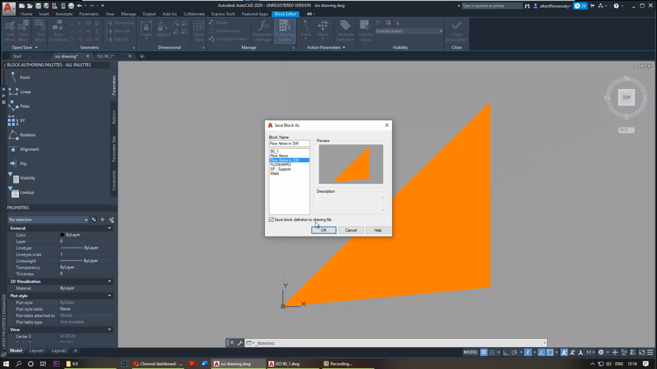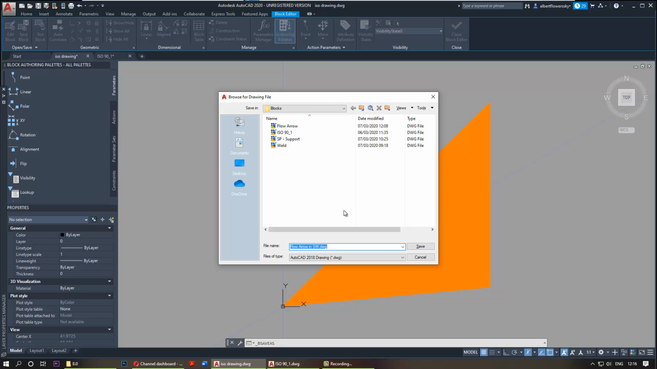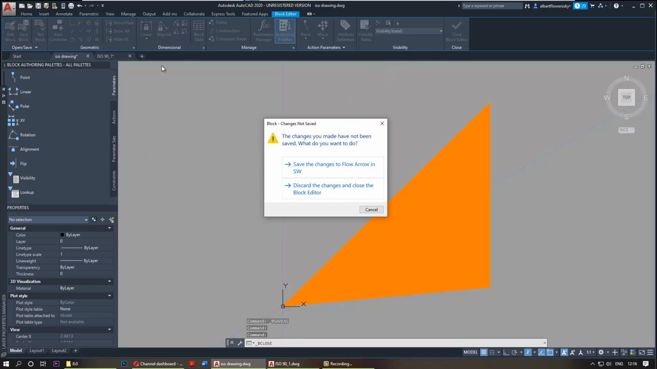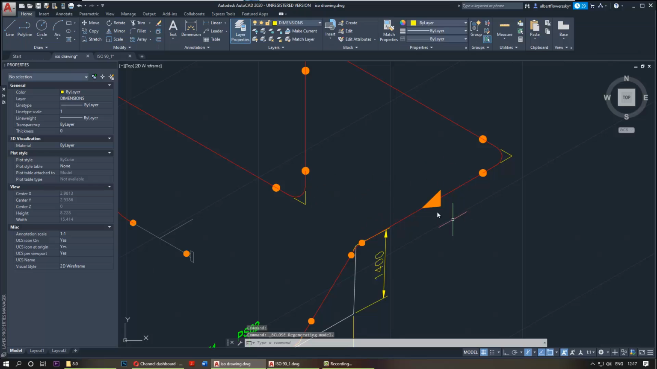save block definition to a drawing file, then say OK, and then here is my folder of my blocks. You can just keep adding there more blocks and just keep saving, increasing your library. Once you've done that, you can just say close. If you haven't made any changes or you don't want to save the changes, just say discard the changes and close the editor. It still stays the same,